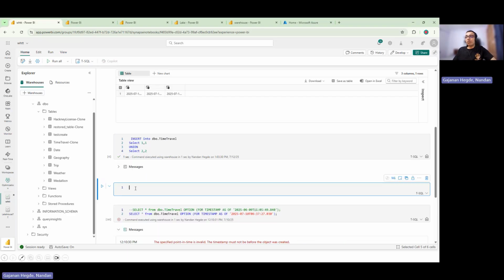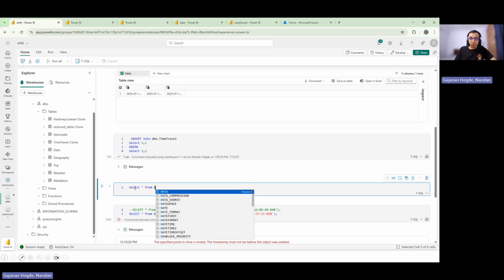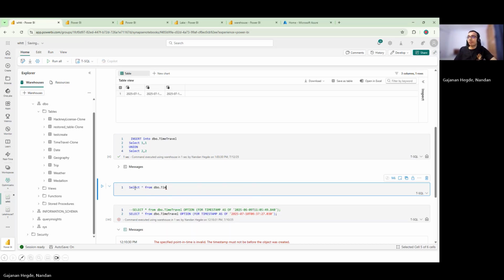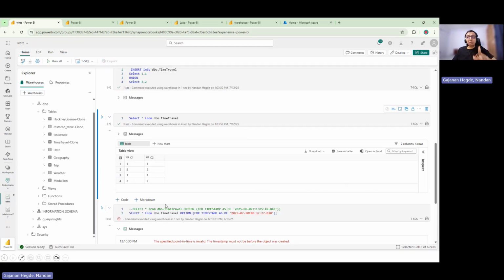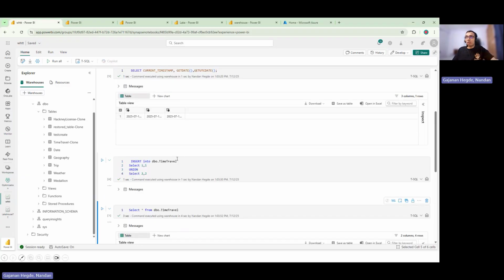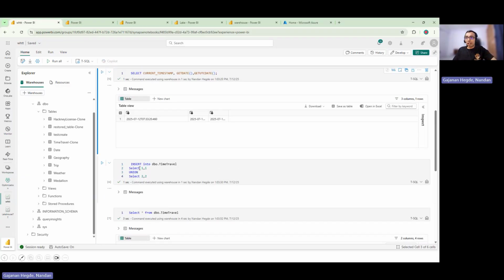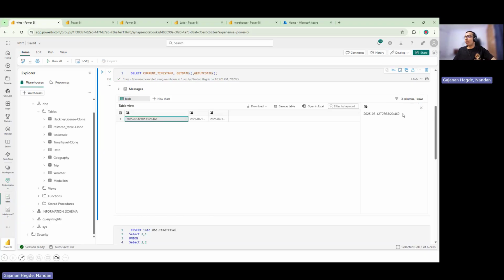If I want to check the overall data in my time travel table as of now and execute this query, it shows there are 4 rows present because I inserted two rows twice. But now if I want to check the state of my table prior to this execution, meaning at this particular time,